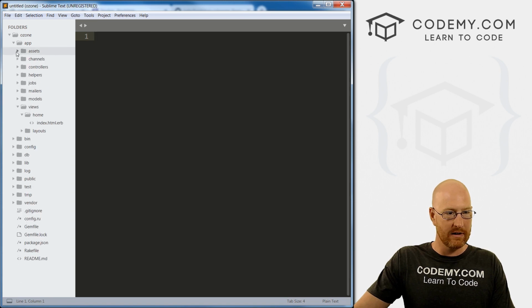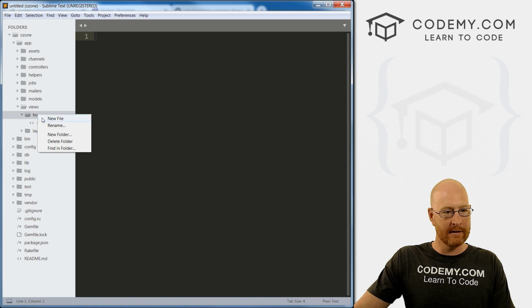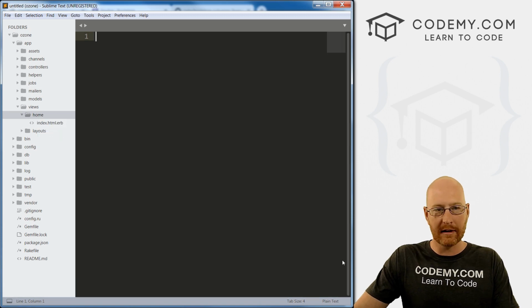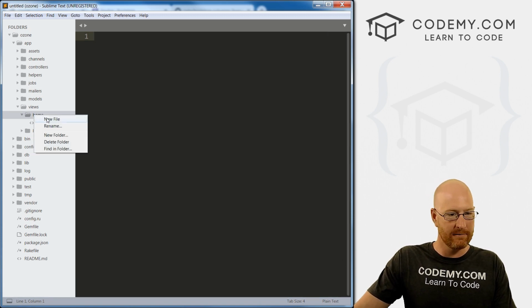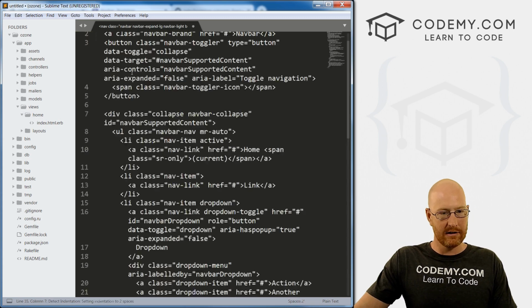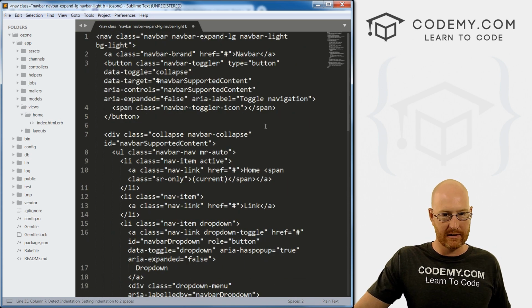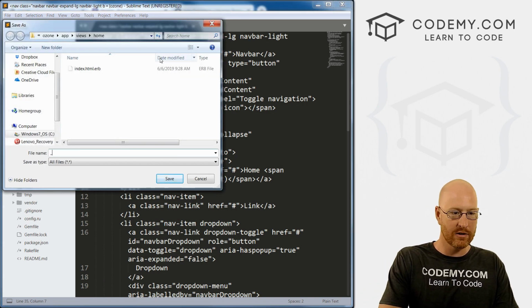Don't need any of this stuff anymore. And go to home and then right click and create a new file, not a new folder. Just paste in all that code we just copied. Now head over here to File, Save As, and we want to save this as